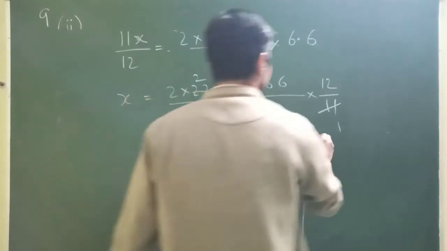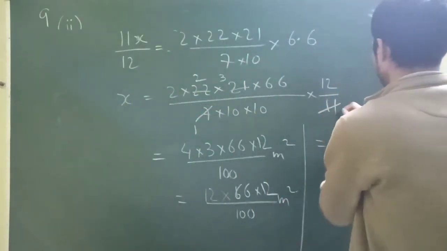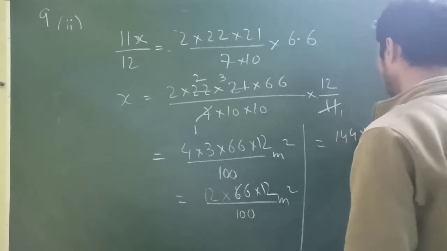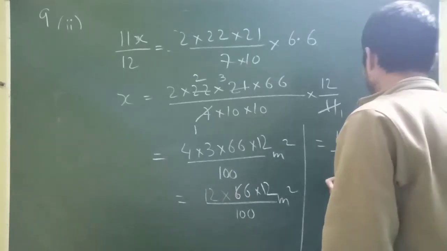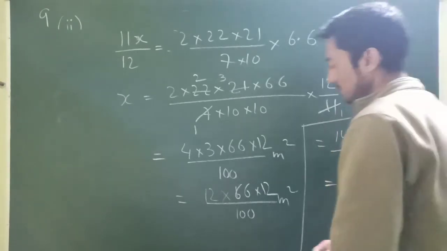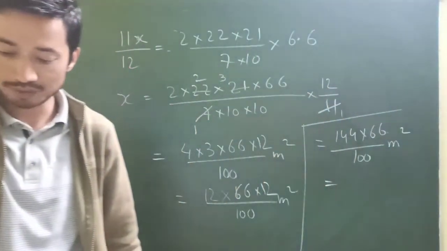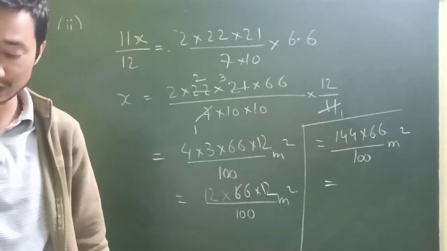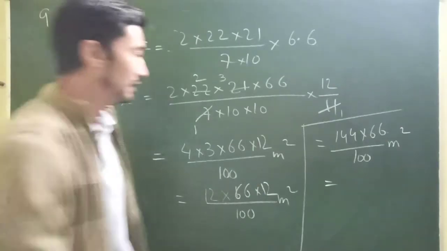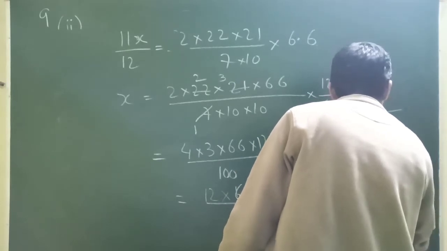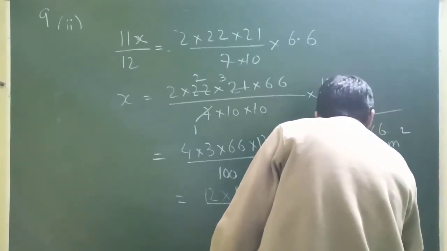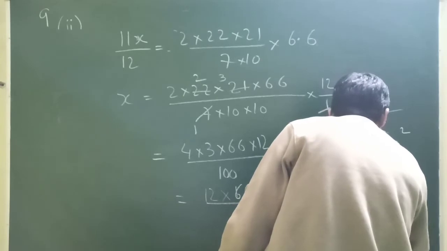So how much will that be? 12 12s are 144 into 66 divided by 100 meters squared. So 144 into 66, how much will that be? That's 9504 divided by 100. So that's 2 decimals, 95.04